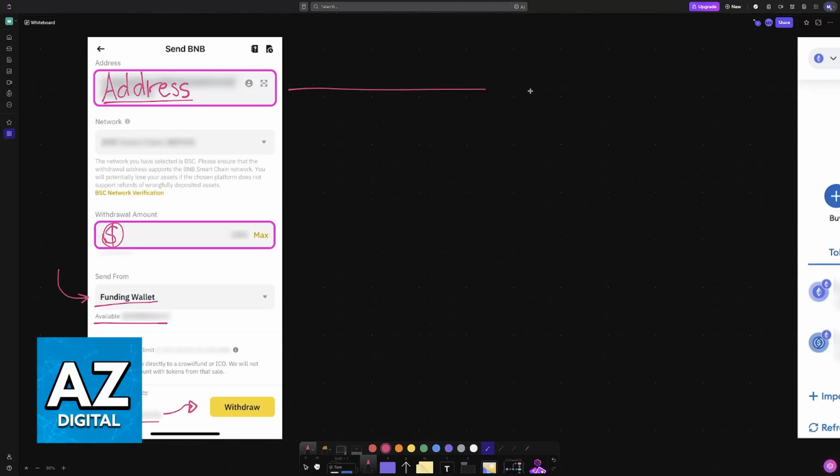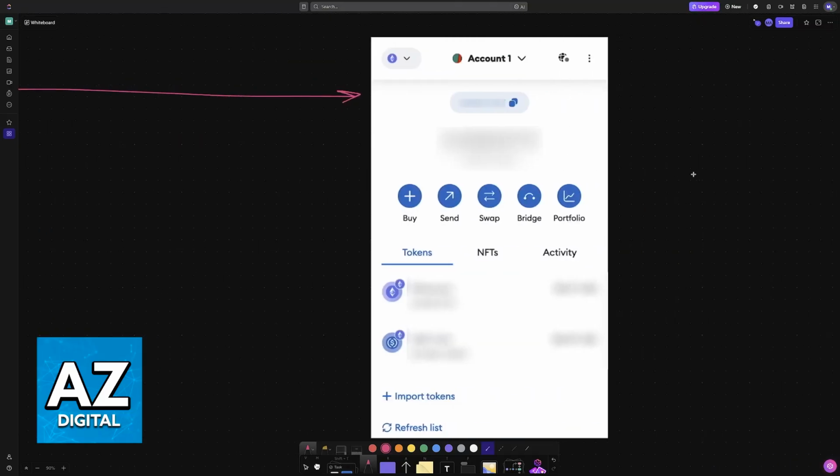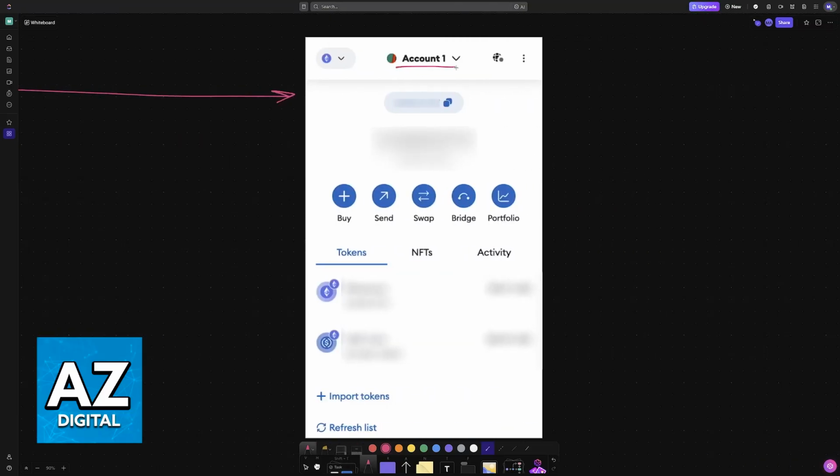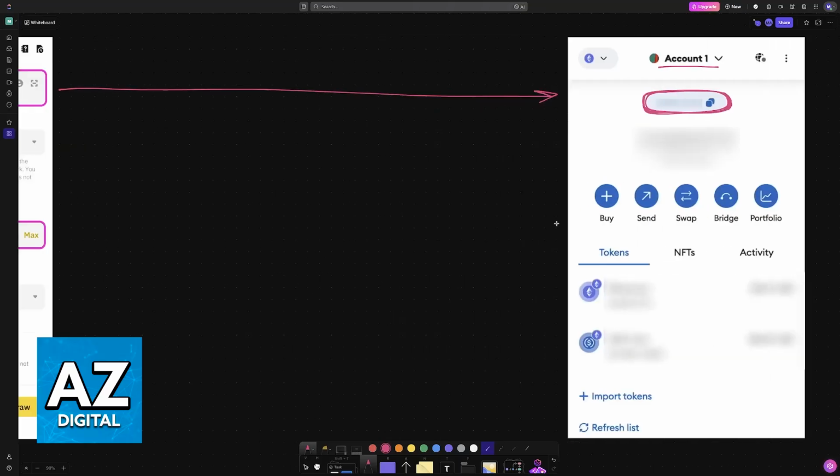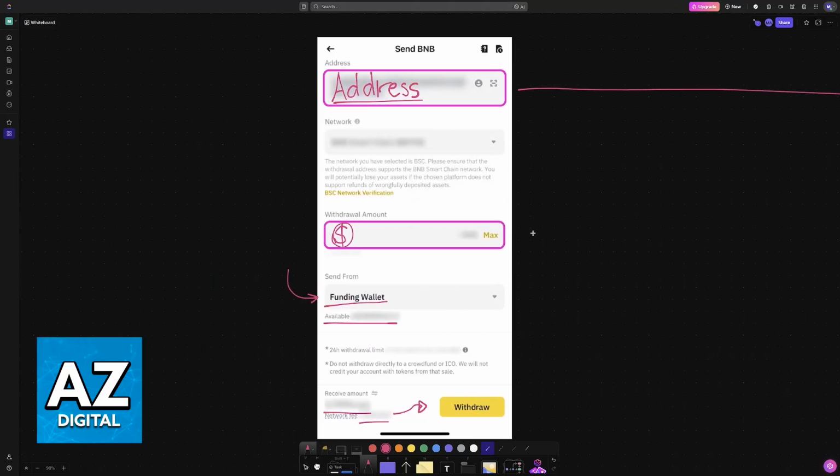Now, if you still need to acquire this address, you will be able to do it by opening MetaMask, and when you choose any of your accounts, you will see it displayed right over here at the top. And by tapping on this button, you will immediately copy it. So all that you have to do is open the app, open your account, and then tap the option here using the extension. So whenever you copy the wallet address, paste it here and you will be good to go.